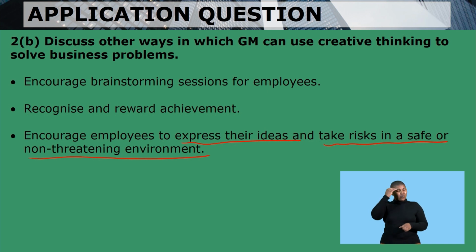Allow them to express their ideas. Reward achievement. If they did well, reward them. Allow them or encourage them to brainstorm by sitting down and coming up with ideas without criticizing each other's ideas. Those are the ways in which GM can use creative thinking to solve the